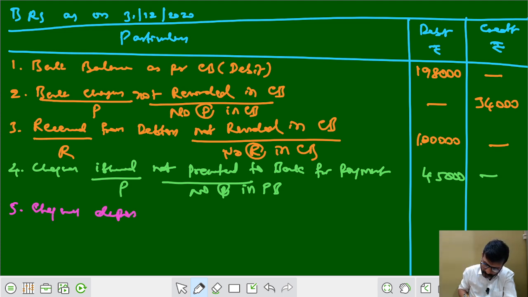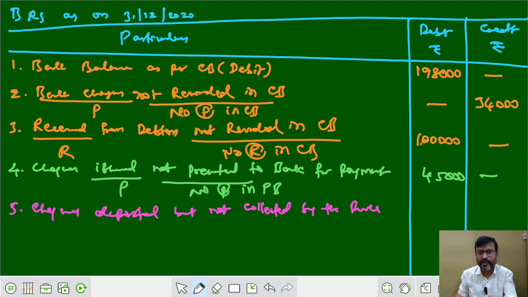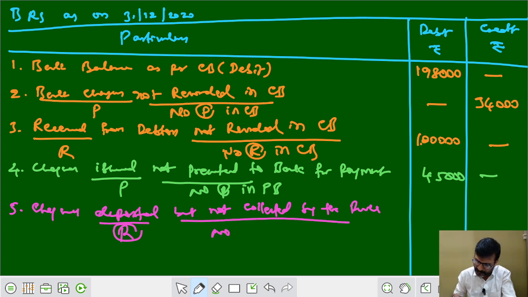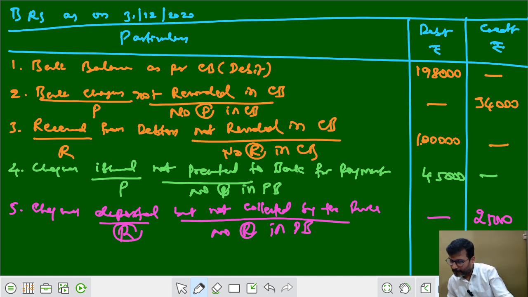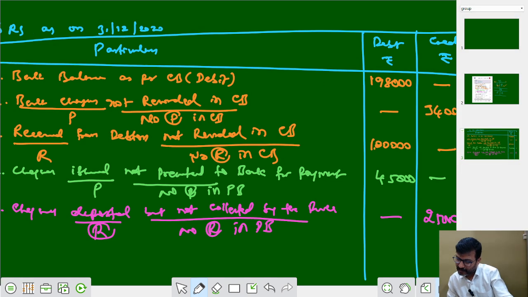Checks deposited but not collected by the bank. I am writing some extra words based on the analysis, right? Deposited means receipt. Not collected by bank means no receipt in passbook, means no credit in passbook. Where is it to be taken? It is to be taken on the credit side, right? Okay, fine. Let me move on to the next transaction,